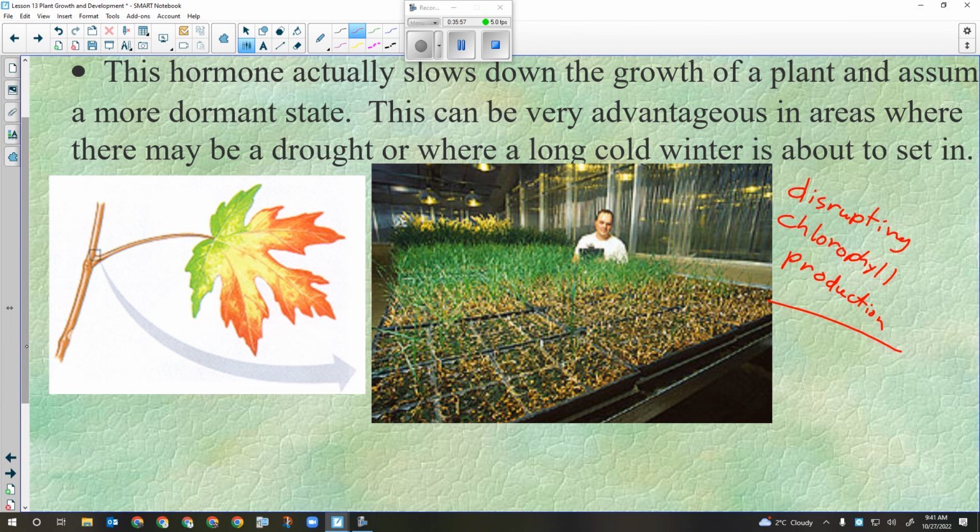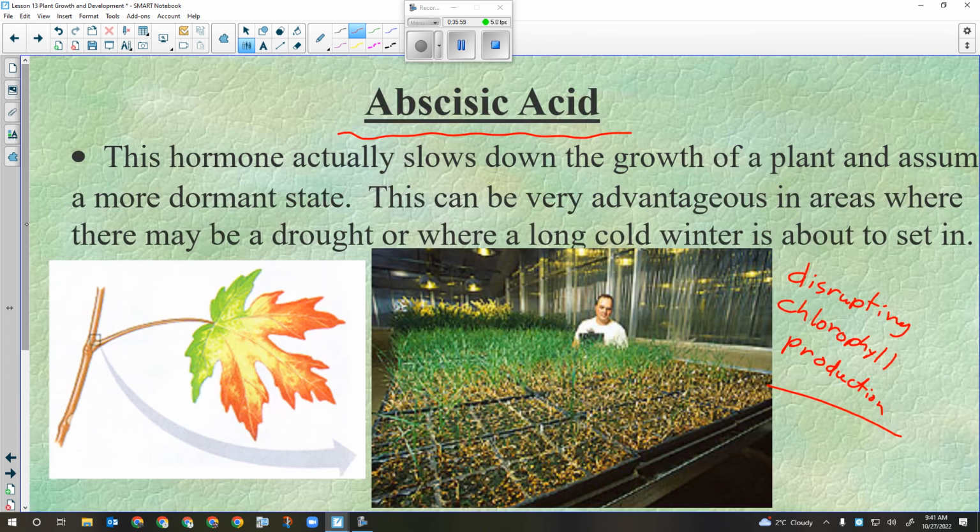Okay? So abscisic acid is pretty important if you are growing from year to year in a place that has distinct seasons. And that could include a wet and a dry season. So if you're a plant that lives in the hot desert and the rainy season is over, you might want to go dormant before the dry season. Not bother doing anything for the dry season because it'll take too much water. Some plants will do